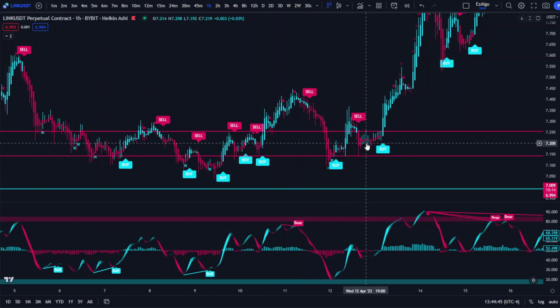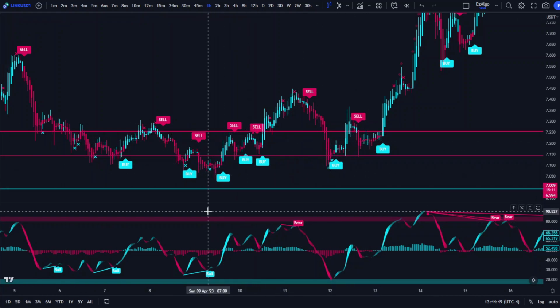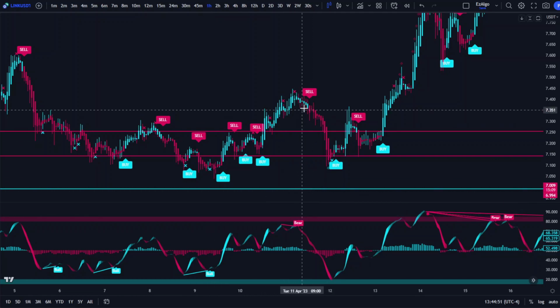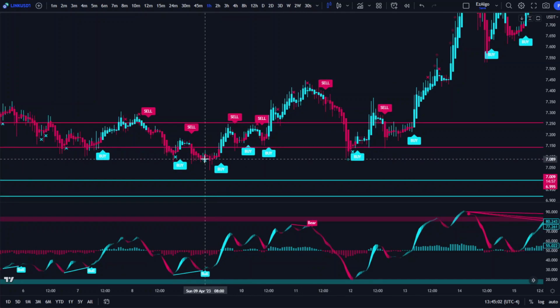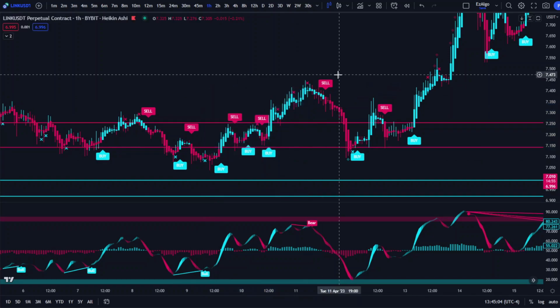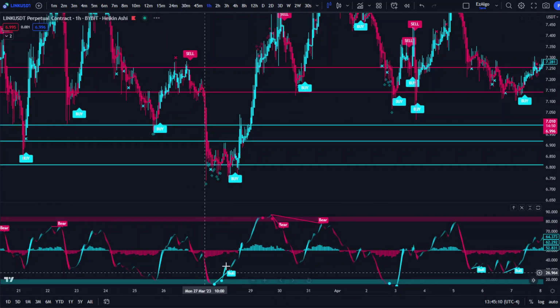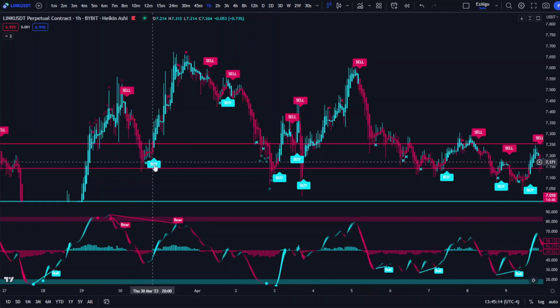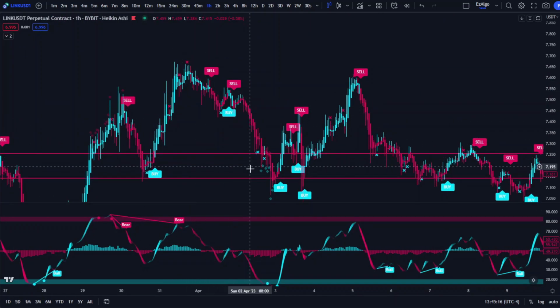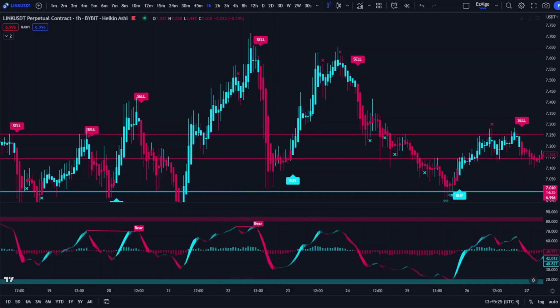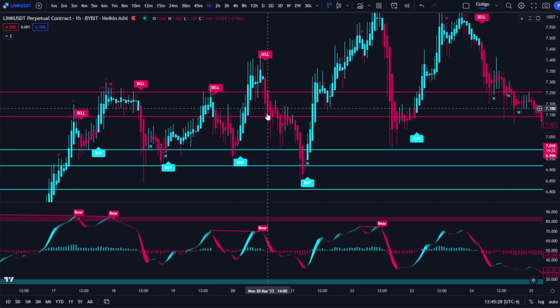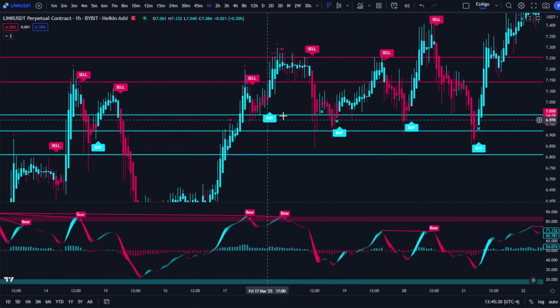So if you want to go and backtest this yourself, you can backtest from the closure of these bull and these bear labels. You can see that after nearly every divergence, there is some sort of move to the upside or downside, depending on what divergence it is. You can see here, bullish divergence, price goes up, bearish divergence, price goes down, another bearish divergence, price goes down, bearish divergence calls it at the very top, price comes down, another bearish divergence, price comes down, another bearish divergence,